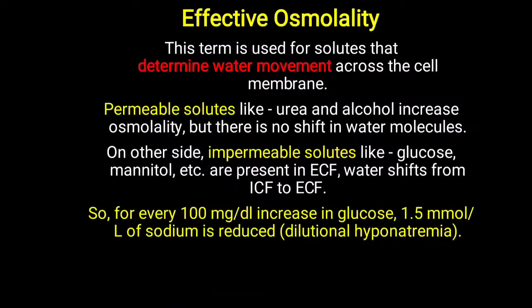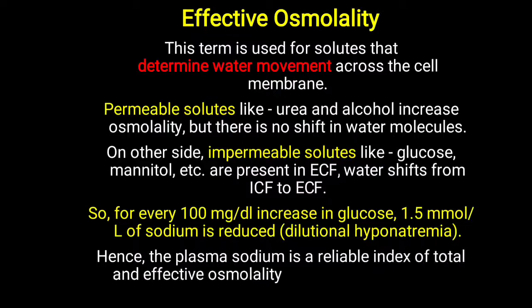In diabetes mellitus, uncontrolled diabetes mellitus, suppose glucose level is 300 or 400, then sometimes the sodium level is just 136 millimole per liter. Now there is 300 milligram, so about 200 milligram more glucose is there. So already the value is 136, now further dilution will be there, so 3 millimole will be decreased. So now your value of sodium will be 133, but you have to remember that it is not actually 133, actually it is 136. So dilutional hyponatremia will be seen when there is uncontrolled diabetes mellitus and an increased glucose level. The same thing can happen with mannitol, which can also lead to dilutional hyponatremia.